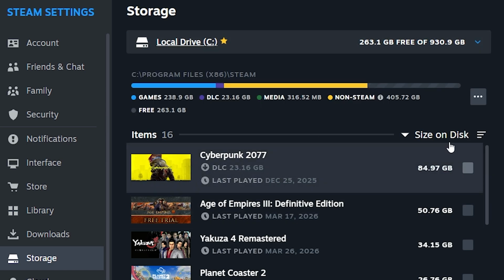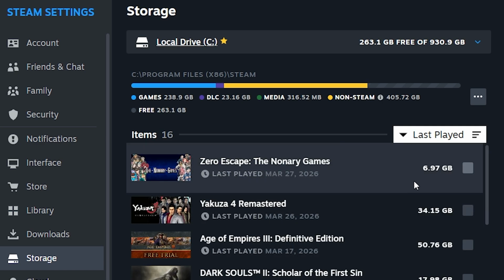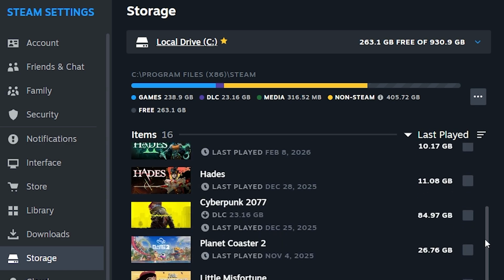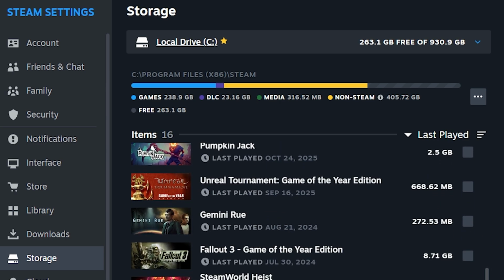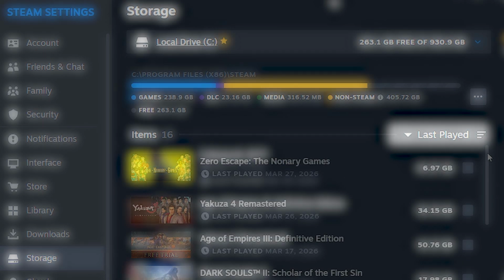You can also sort them by used disk space or by the last time you played them. Maybe you'll spot games you haven't touched in years and free up a lot of space. This makes it easy to decide what to uninstall or move, all without opening each game individually. A simple, quick way to manage your storage and keep your PC running